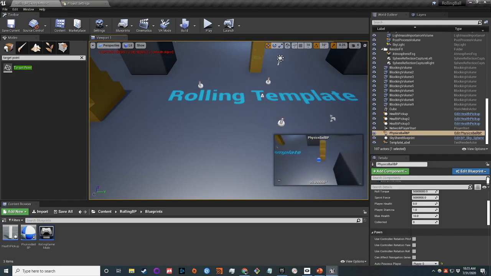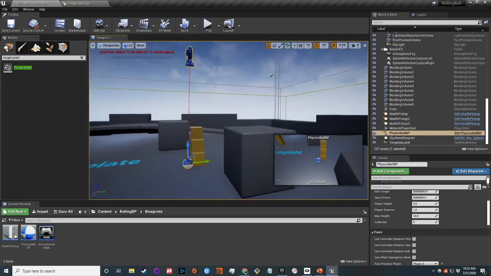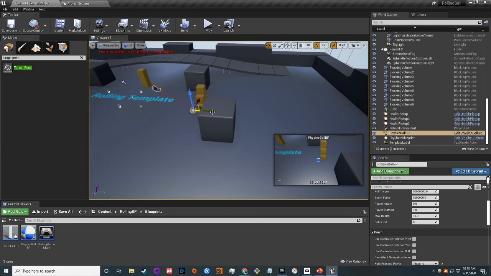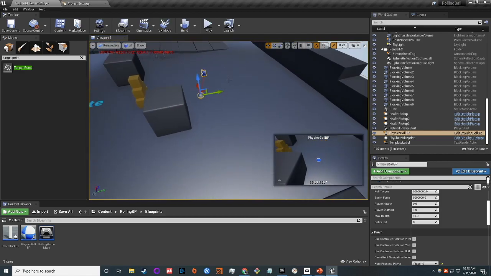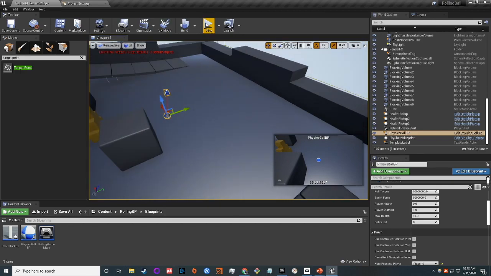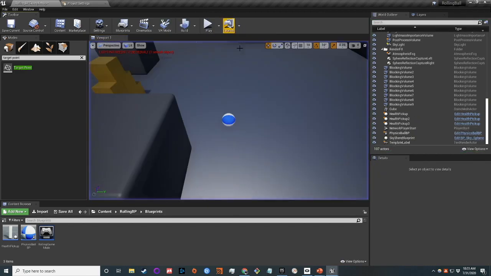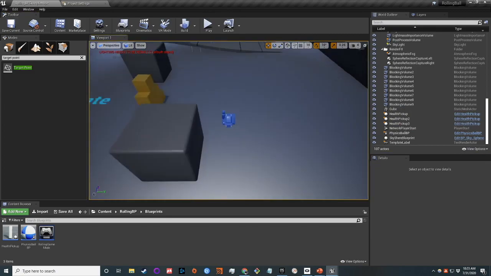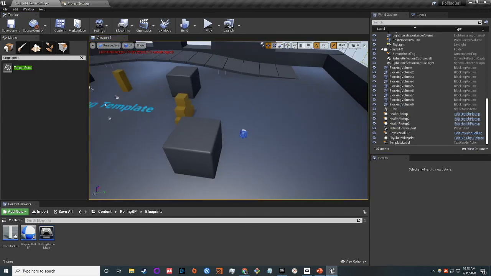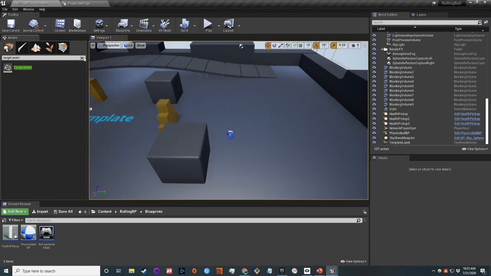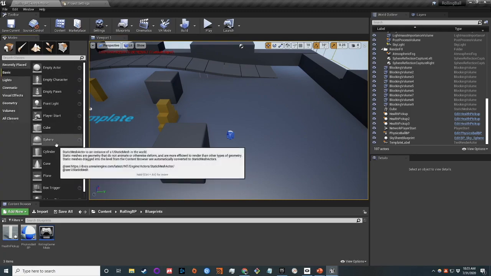So I'm going to move my ball over to the side over here, my starting ball. This is really just to allow my camera to be in a good position. I'm going to have the enemy over here, and so when I press play, I want to be able to just see what's happening, maybe move very quickly over to this location, or move quickly within this location. Let's go ahead and put a sphere here,